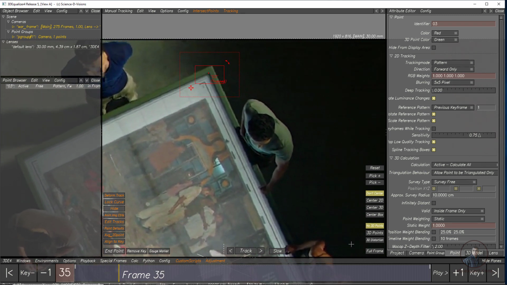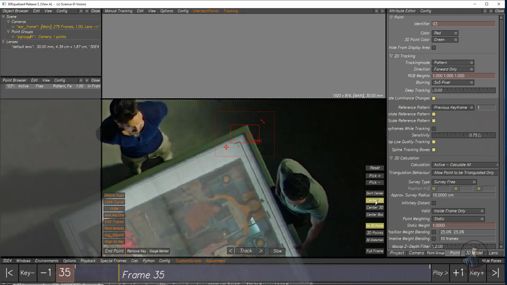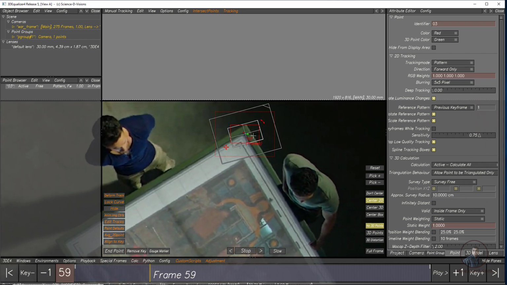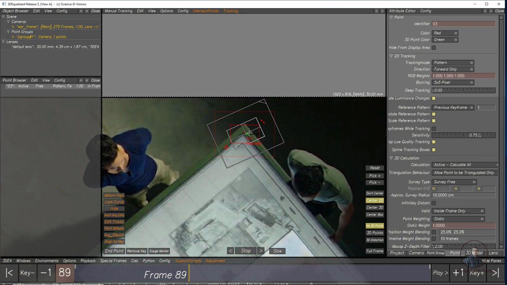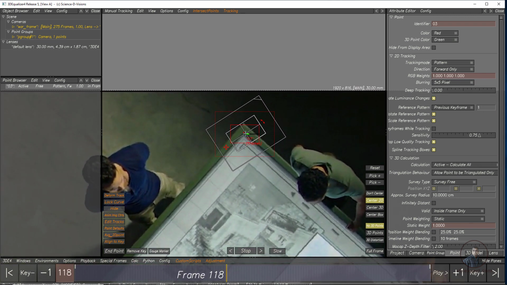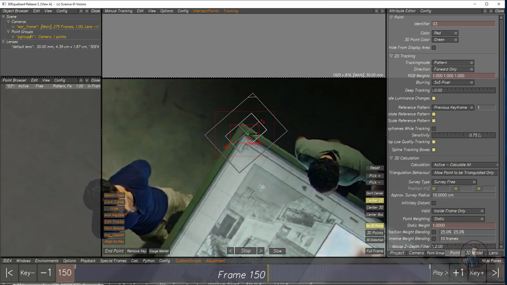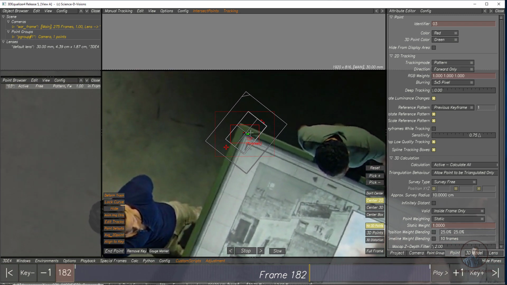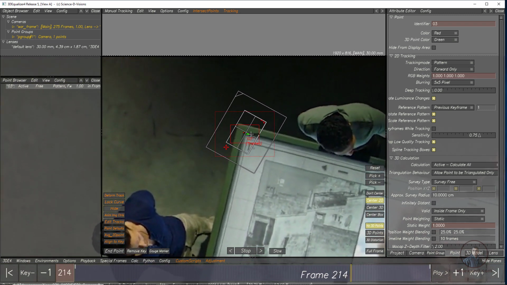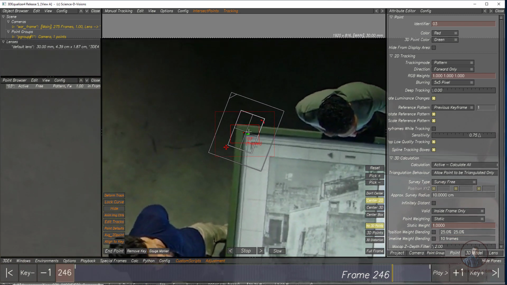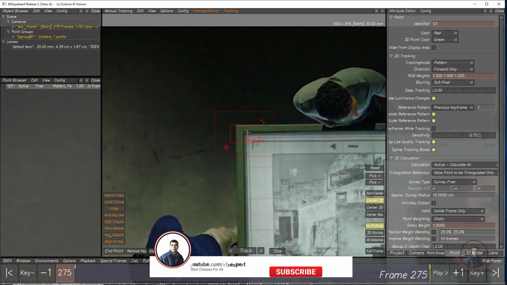Just stop here, simply click on Center 2D, so it will keep the point in the center. Now track. Now you can easily notice there is a green line. See this. This is the indication of your tracking accuracy. Green means accurate. If it goes to yellow or red, it means it is going towards error, so you have to adjust your tracker.